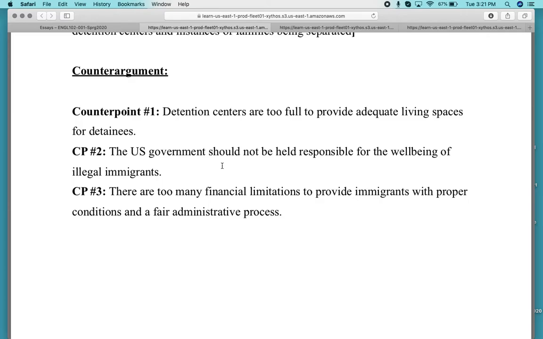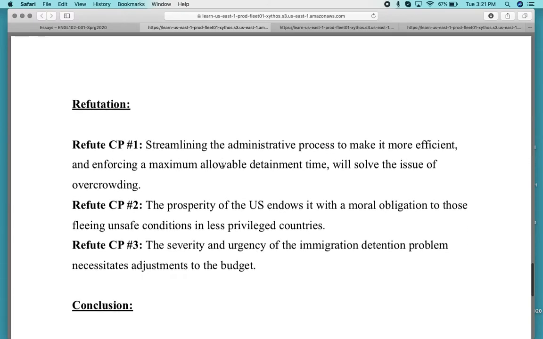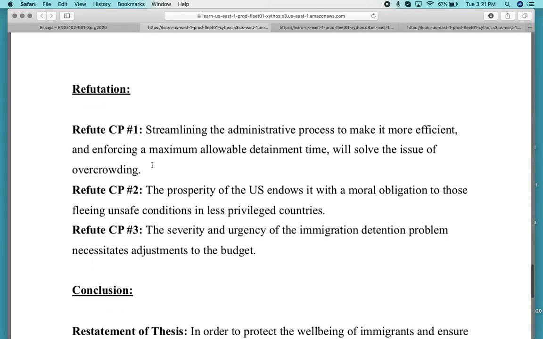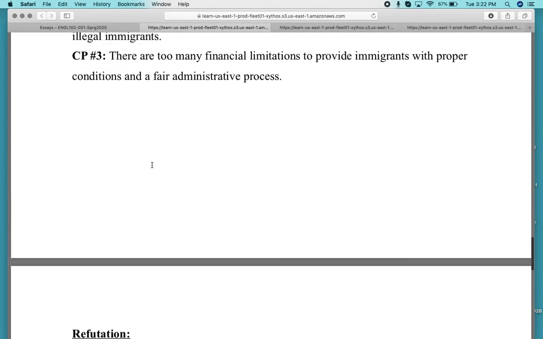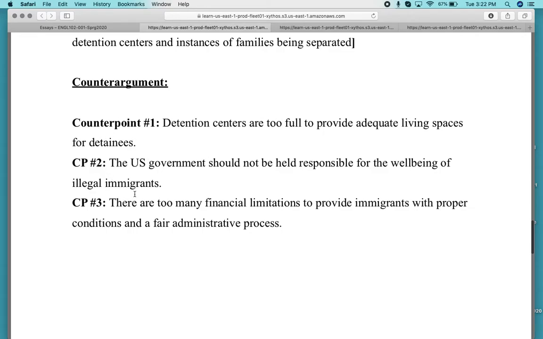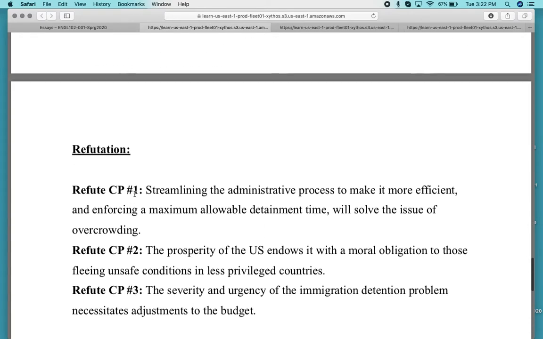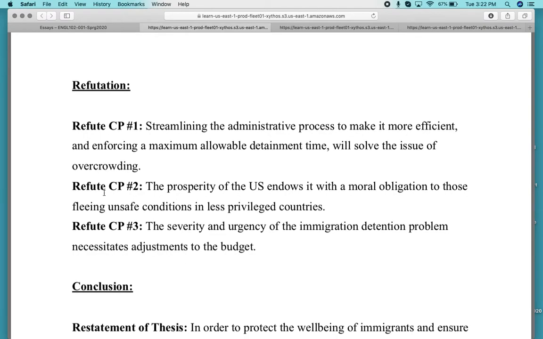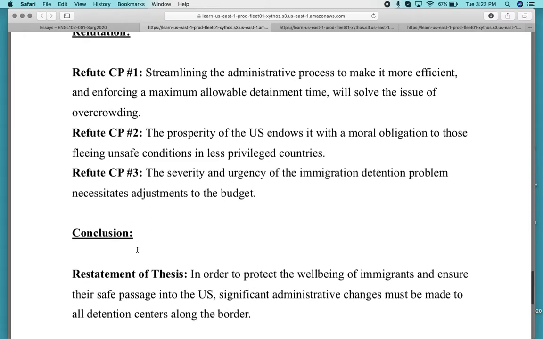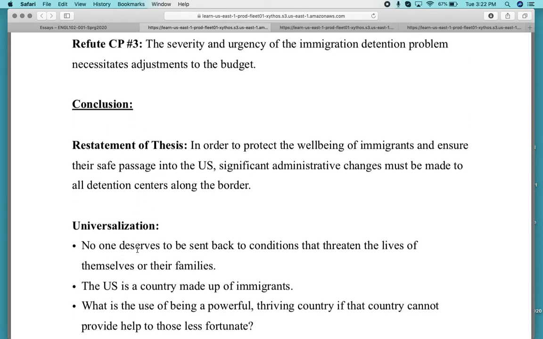So just like with your previous argumentative essay, you're having a counter-argument paragraph followed by a refutation paragraph. The refutation paragraph should basically explain, in the same order as your counter-argument paragraph, why those counterpoints are incorrect, right? So here I pointed out 3 reasons that my solution won't work. And then in the same order, I refute those 3 reasons why my solution won't work to prove that it actually will work. Okay? Then, of course, in the conclusion, restate my thesis in a new way,